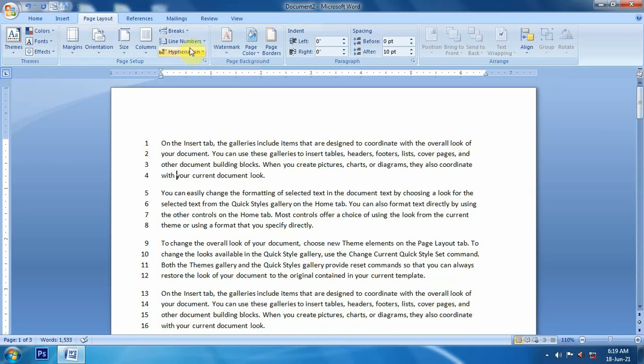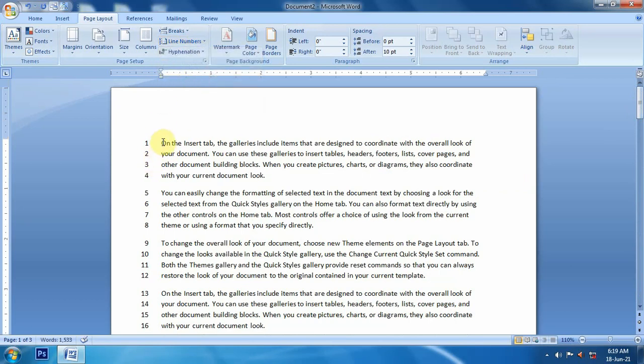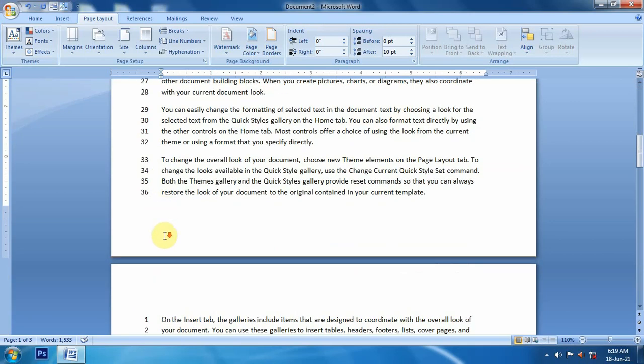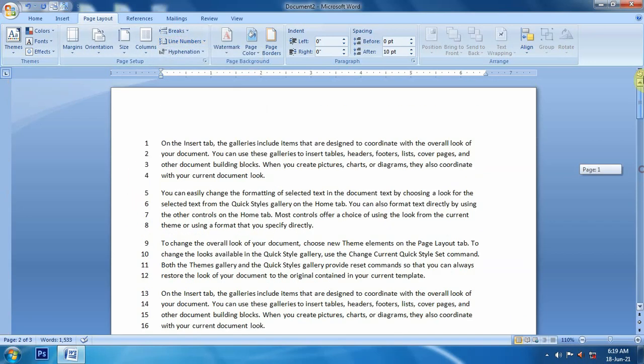So like this we can give a line number to each line of a document. Restart each page means the line number will start from 1 on each page, like it started from 1 on the first page, and on the next page again it will start from 1. While if it is continue, then it will keep continuing after starting from 1.